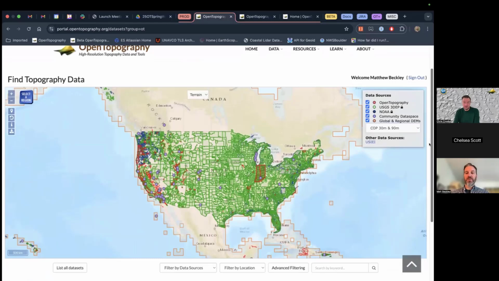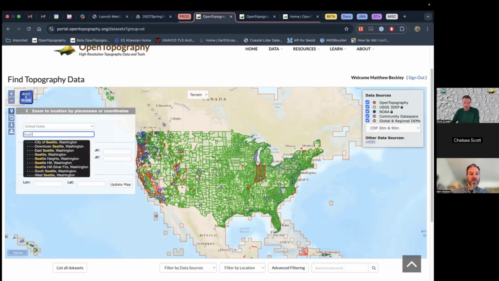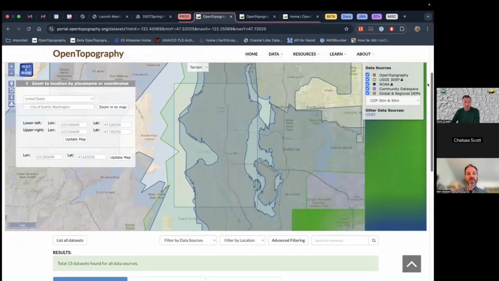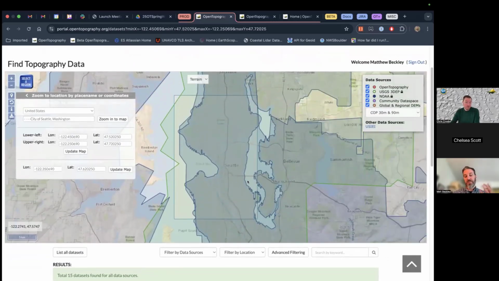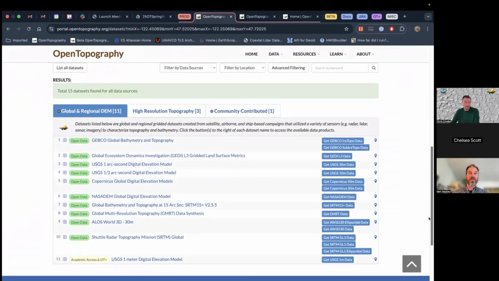One little minor feature that's new that even people that use OpenTopo might not know about is we added a little locator button. It's this pin over here. It has a gazetteer and also has a section where you can enter a lat long bounds or just a lat long point, and it'll zoom to that area and show you what data sets are available just for that region. So here we're just looking at the city of Seattle. This top one uses a gazetteer and it zoomed to the city of Seattle and shows you all of the intersecting boundaries of that area of interest below the map.